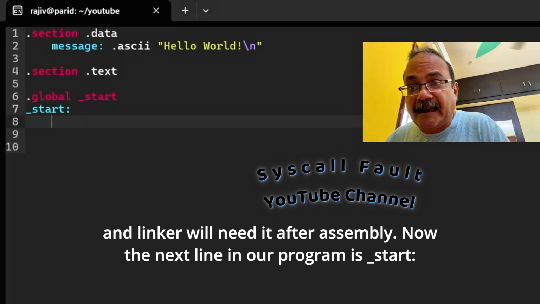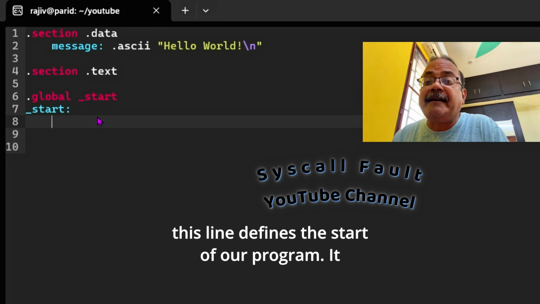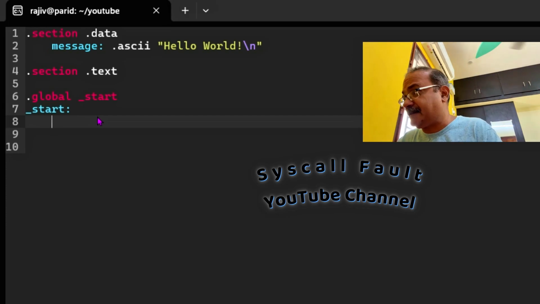Now the next line in our program is _start. This line defines the start of our program. It is like the main function in C or other languages.